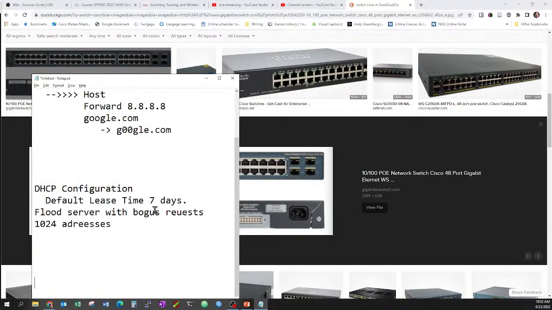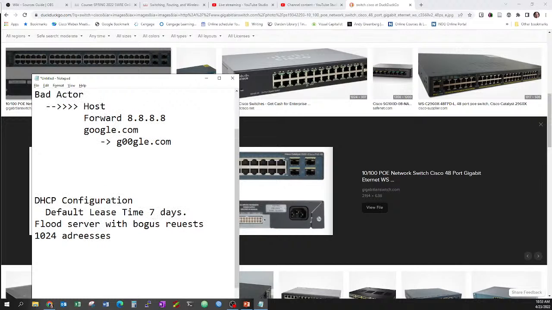I started flooding this server with bogus packets, and, I don't know, 1,000 of them were taken up by bogus requests. So what happens over the next 7 days,